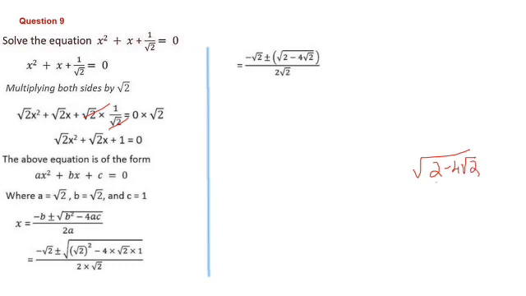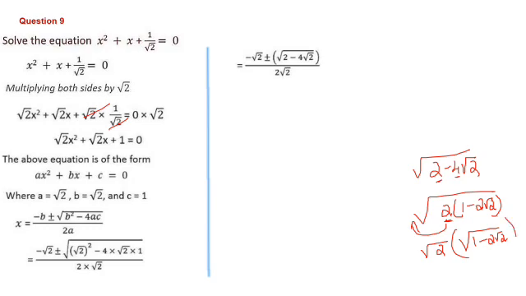In these two there is 2 common. Just we can take 2 as a common factor outside. That means 1 minus 2 root 2 will be coming. And this root 2, if you want to take out of the square root, it will be coming as root 2. And inside the square root, again the same term will be there, 1 minus 2 root 2. So this is the calculation we are going to do next.